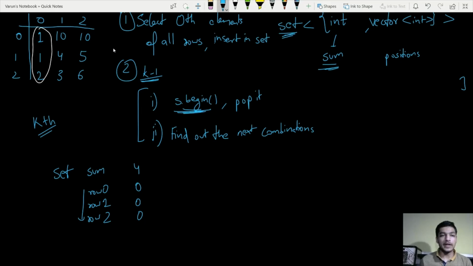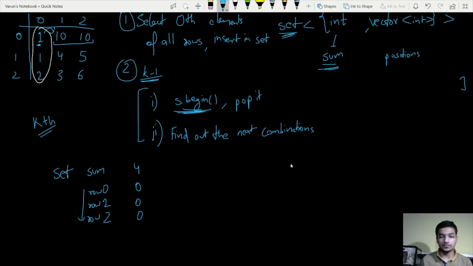Now for finding the next combinations, we need to remove one element from each row, and we need to add one element from the remaining array. So what is the best element we can pick out? We need the smallest sum, so it is best if we pick out the smallest element in the remaining array. In the remaining array, the smallest element will just be given by the next element of the element which is currently in our combination, because the rows are sorted.